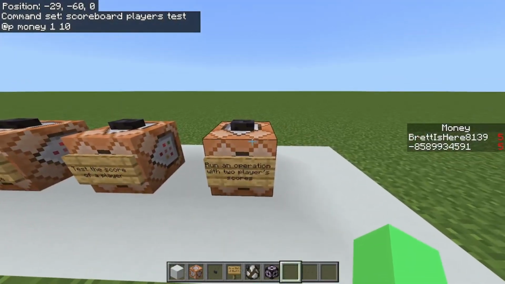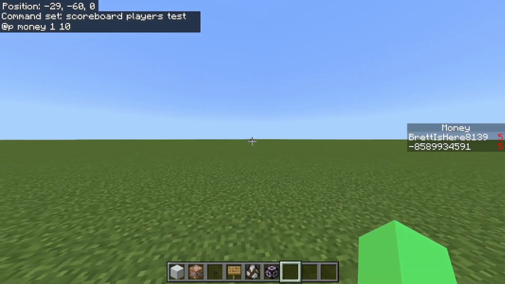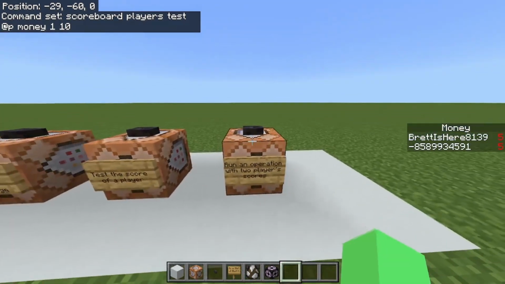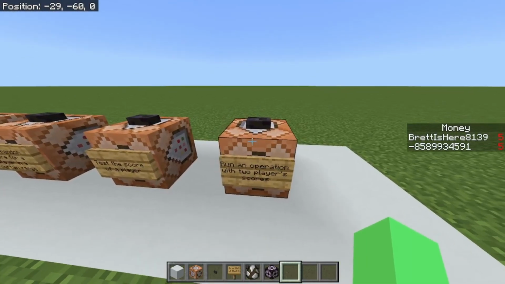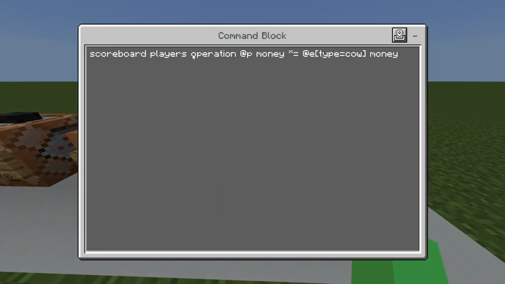And then this last one is actually kind of complicated. And actually, our cow friend over there, we're gonna need him again. So this one is actually really weird. So basically, same thing as before at the beginning, but then operation. And then here's the thing about the operation. You would think, oh, you can just multiply it by a number and stuff. Well, that's not really true, which is actually really stupid.